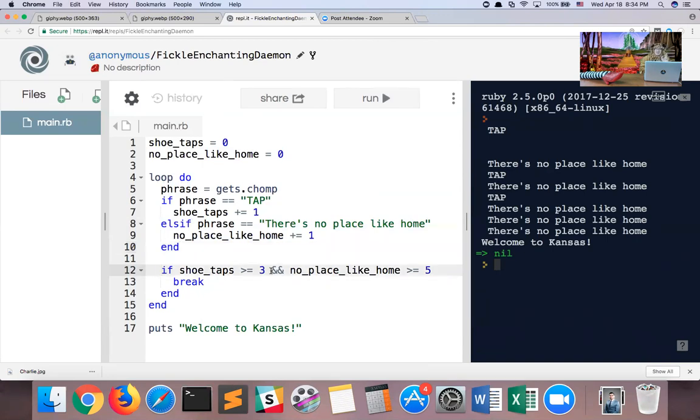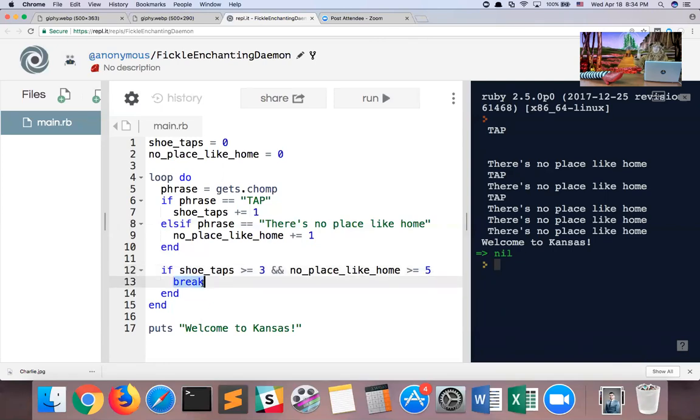And this introduces another new piece of syntax, and that's the double ampersands, which is just a way of saying and in Ruby. So we also have the greater than sign. So let me read this in English. If shoe taps is greater or equal to 3, meaning if the shoe taps variable is 3 or higher, and the no place like home variable is 5 or higher, then break.